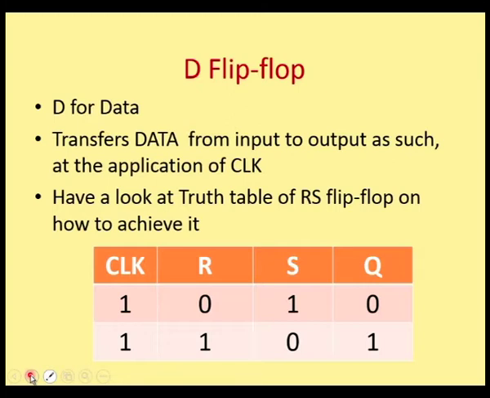How to do this? What do you need? Here you see that whenever the clock is high, the flip-flop is enabled. So when R equal to 0, S equal to 1, you find from the RS flip-flop, the output is 0. When R equal to 1, S is equal to 0, the output is 1. So it perfectly matches. How can I use this in order to transfer the data? Or rather, I understand whatever is the input given here that gets transferred to the output. Is it not? So can I use this SR flip-flop in some format and design a data transfer flip-flop?